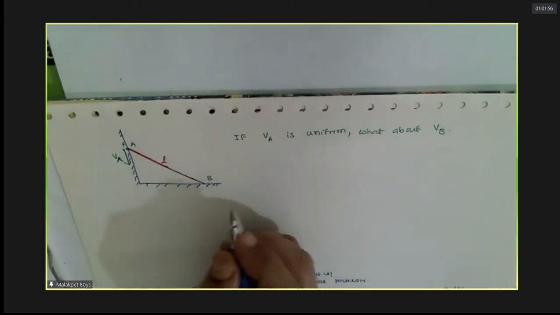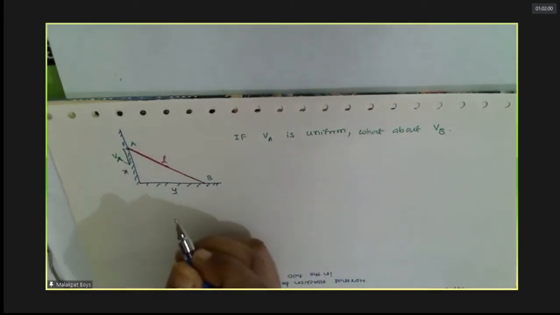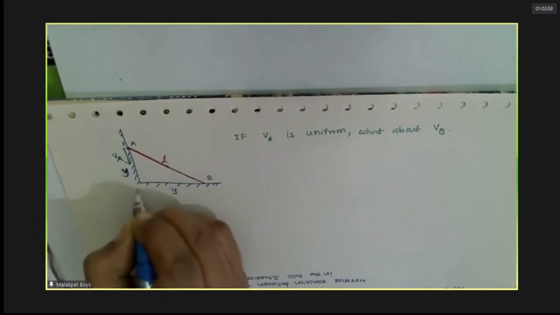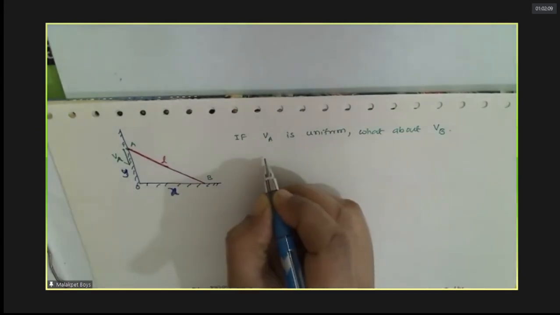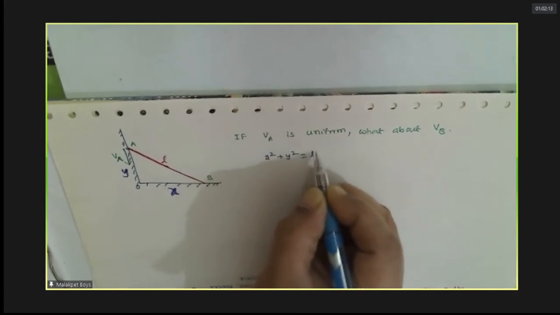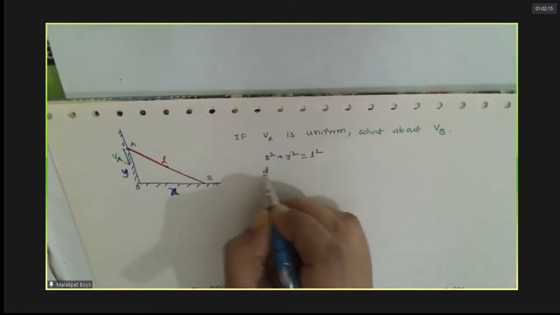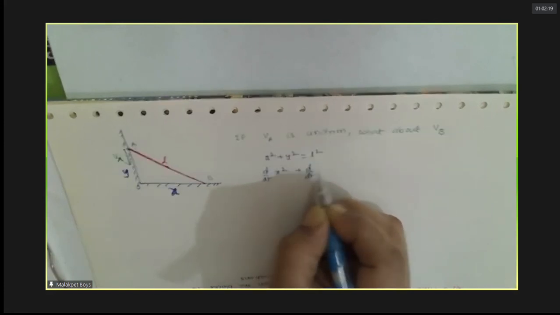Now you can see that at any instant, this is x, this is y if you take. So this is y, this is x. This is the origin I am taking. As this moves, x changes. Now you can see by Pythagoras theorem, x square plus y square is L square. Upon differentiation of this equation,